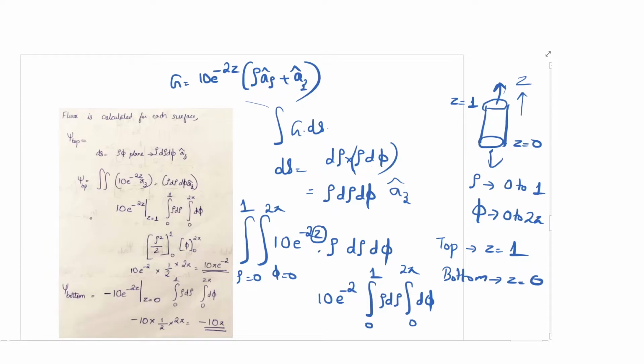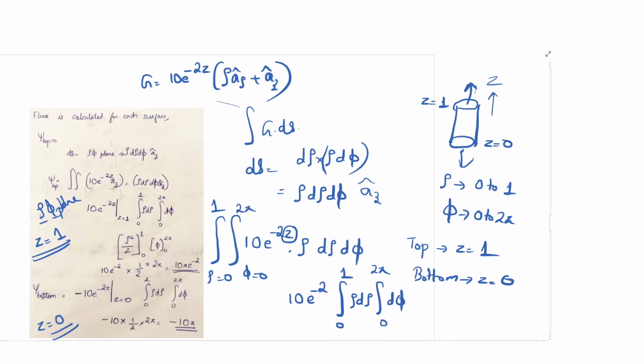Second thing is, in both cases, for both top and bottom, it is rho phi plane. Rho phi plane means, what is the meaning? Both rho and phi are varying, but Z is constant. So for top part, Z is constant as Z is equal to 1. So wherever you have Z, you take it as a constant and substitute for Z as 1. Here for bottom part, you substitute Z is equal to 0. Because for both top and bottom the variables are rho and phi. So whenever you integrate, variables are only rho and phi. If you find Z, for top you substitute Z equals 1 and for bottom you substitute Z is equal to 0. So this is how you integrate for top and bottom.